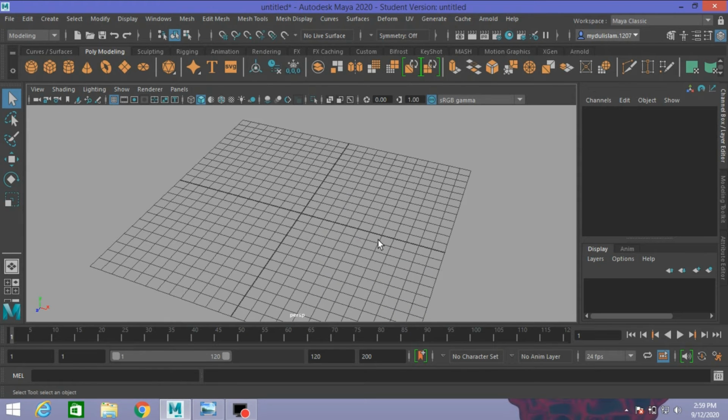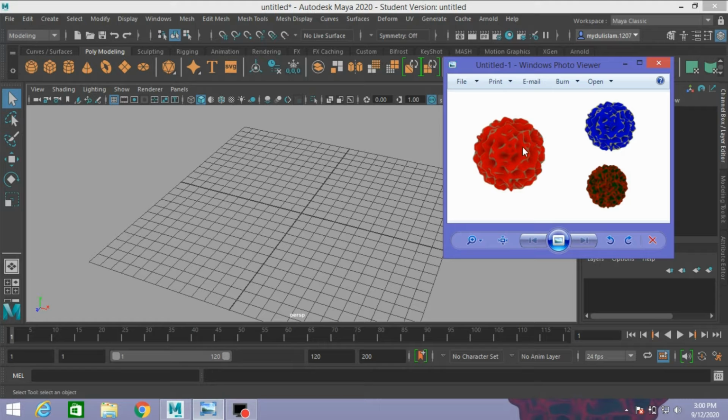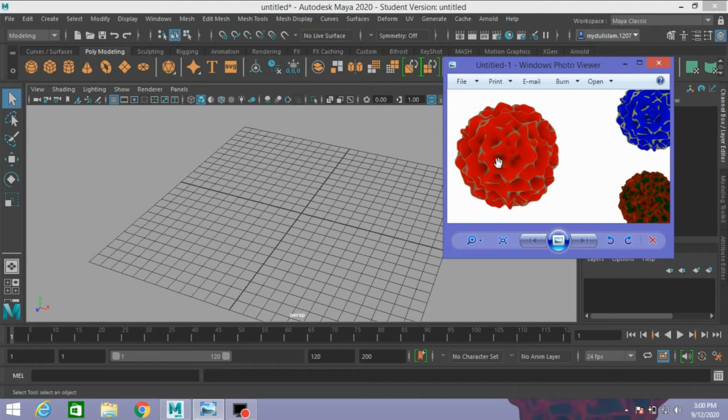Hi, in this tutorial I will show how to create a Maya Fresnel surface shader. So let's get started. I will create a Fresnel surface shader just like this. See,